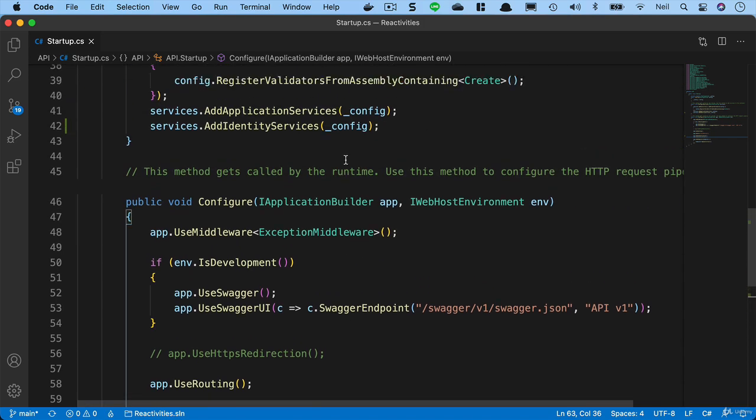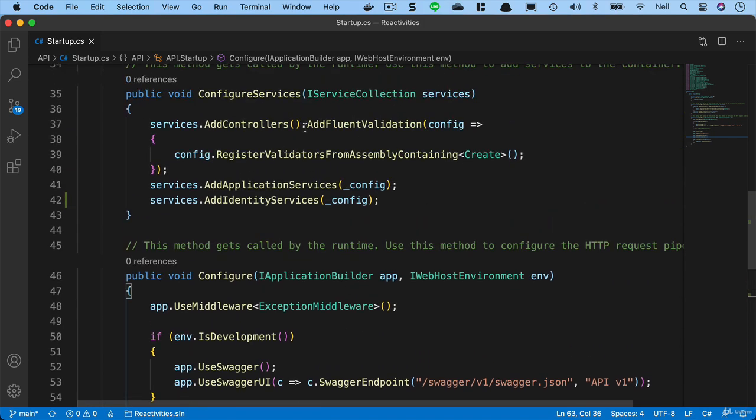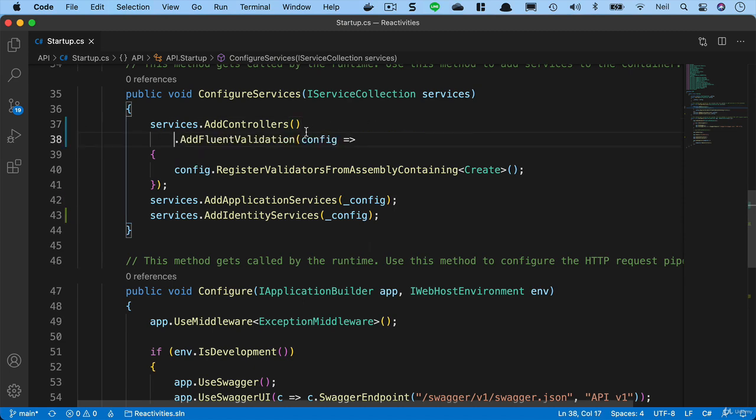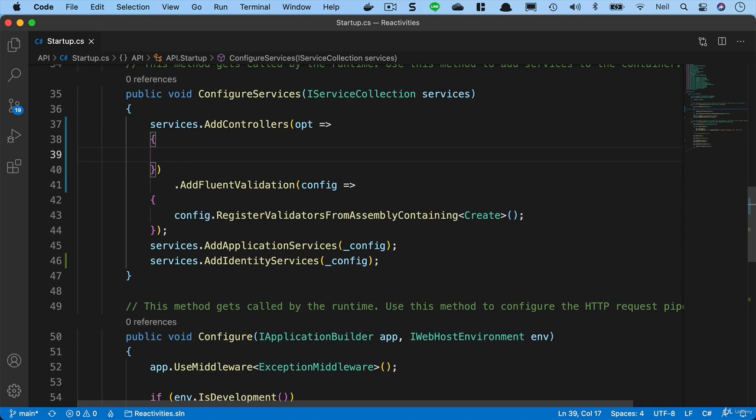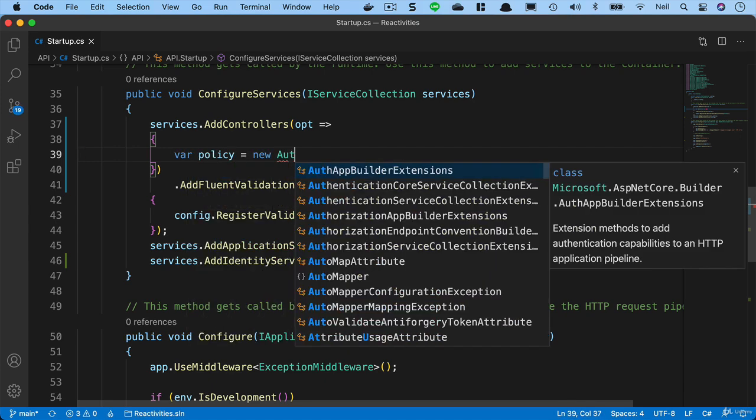We'll go to our startup class to do this. And where we've got our add controllers, we're going to add it inside here. So let's just move the Fluent validation down. And inside the parameter for add controllers, we're going to add some options. And inside here, what we're going to do is create an authorization policy. So we're going to say var policy equals a new authorization